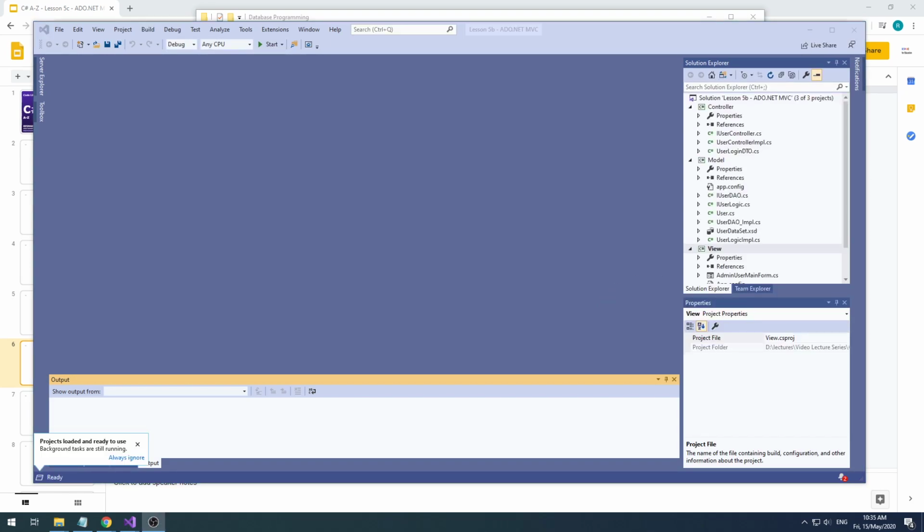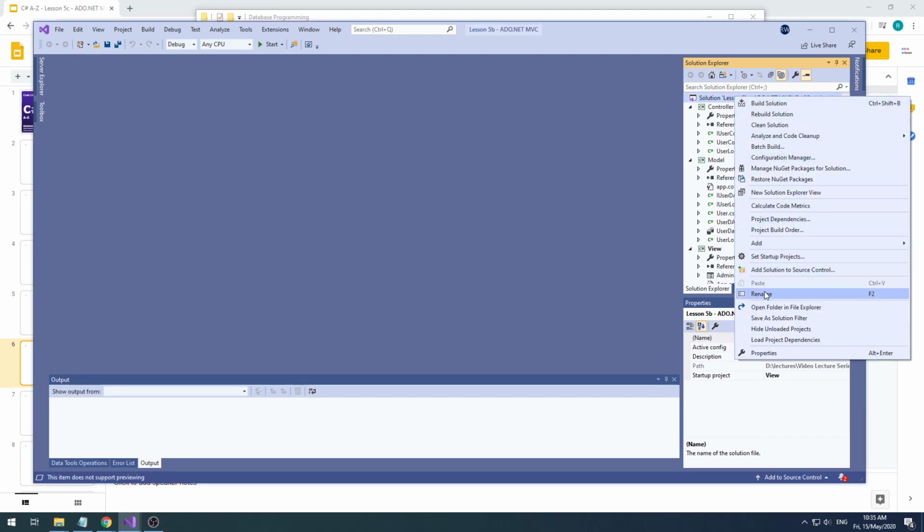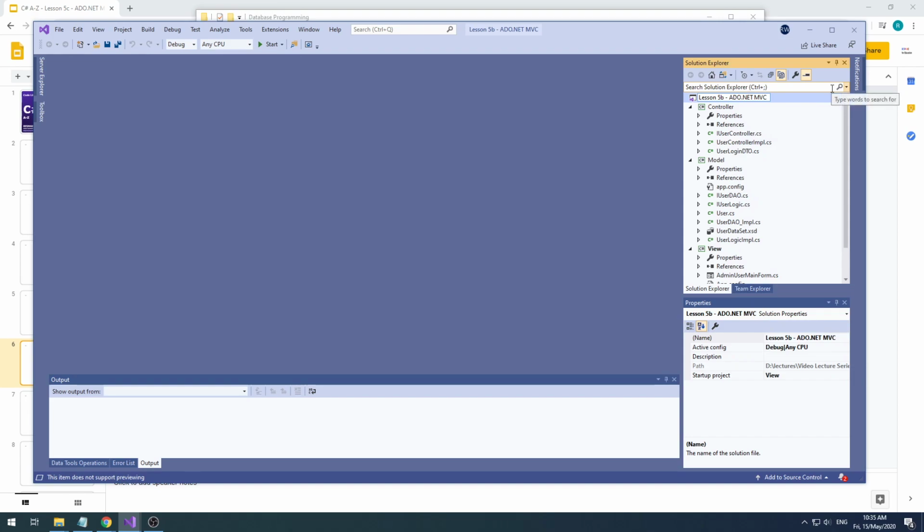Give me a sec. So I would like to rename the solution as 5c, right? So I'm going to say rename, just 5c, right? Cool. Looks good. I'm going to build the project. So build